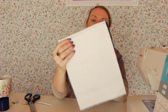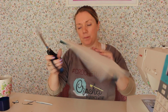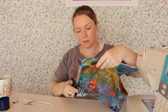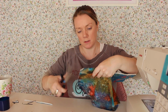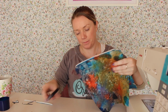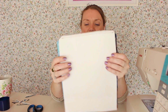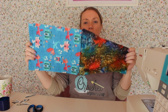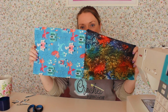And I'm just going to do it again on this one, so I'm just going to clip my corners and just trim this one down a teeny tiny bit, and there we go. So now what we're going to do is open up both of our